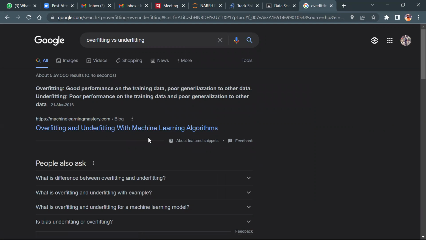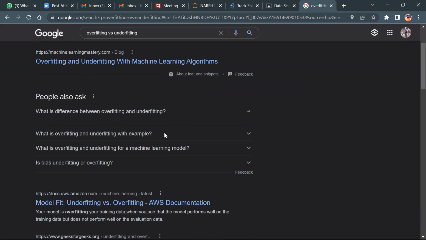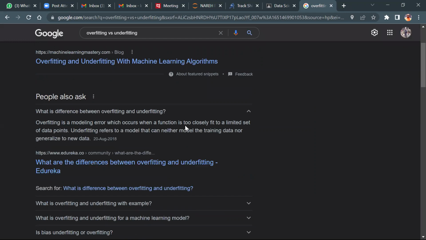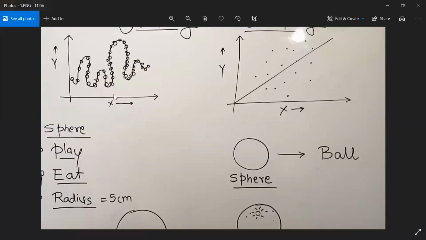Even if you still do not understand, what exactly I'm saying could be good enough, right, guys? Too closely fit to the data. For example, let me look at this graph, guys. In this graph, how many attributes do I have? 1, 2, 3, 4, 5, 6, 7, something like that. Is this a linear model or non-linear model?